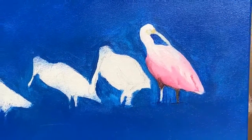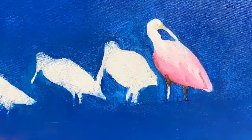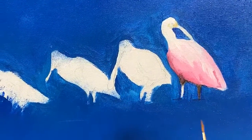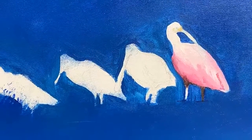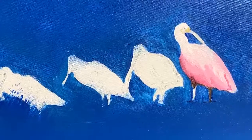Well, it's not even dry yet, so I can't do that. Well, his neck looks weird right there, but I'll get to that spot in a second, because I want to create a little bit of a shadow there, knowing that his neck is turned. But right now my white is very wet, so let's go to his eyeball. With my teeny weeny little,